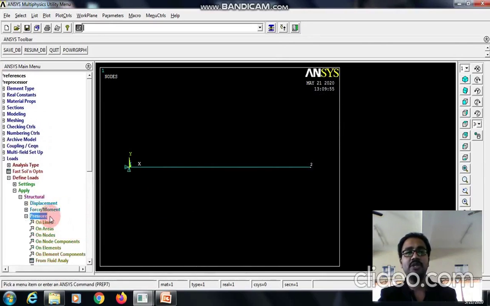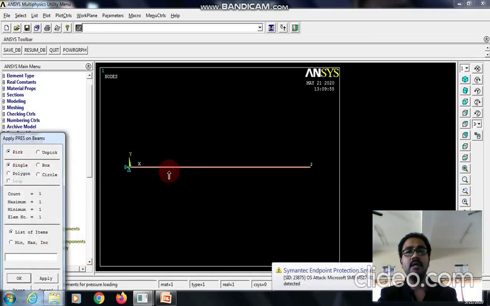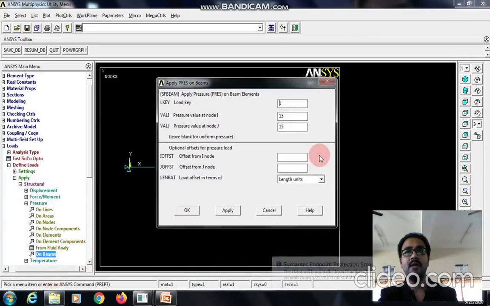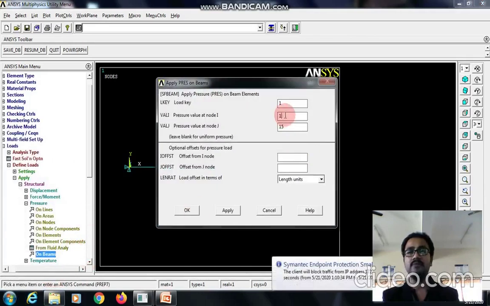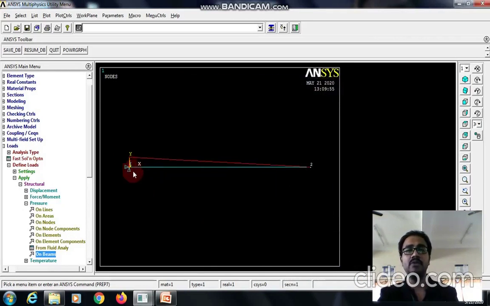For that, go to pressure, select on beam, click the whole beam, apply. At node I, enter the uniform varying load which has the maximum value, and at node J, enter 0. Give OK. We can see here how the load is varied uniformly from the left end to the right end.